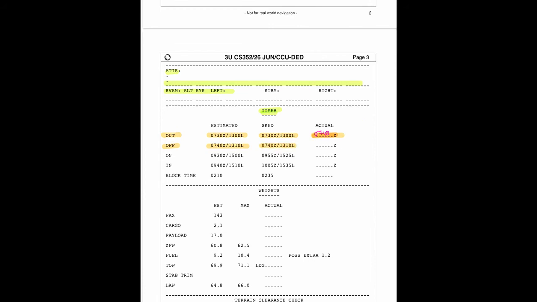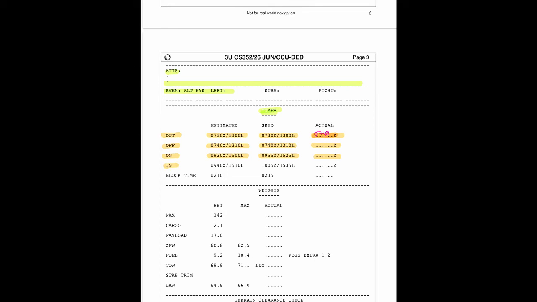But if there is any delay in taxi and takeoff, the actual time will be bigger than that, or it can be lesser than that if we have an intersection departure. On means landing time. So landing time is 0930 Zulu, which is approximately 2 hours of that flight, so 0955 Zulu. In local time that will be 15:25. Maximum will be 3 o'clock afternoon. So the actual time we can write.